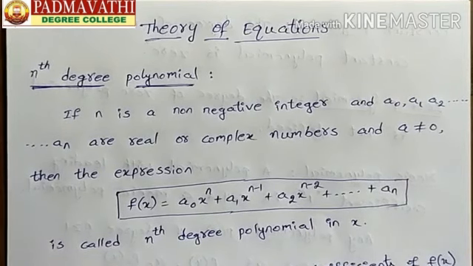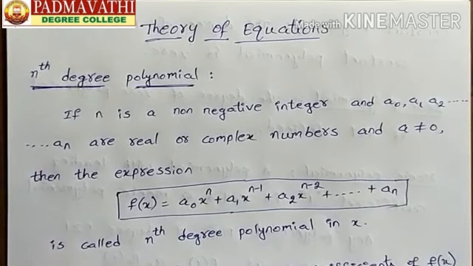Generally, we can classify polynomials in two different ways. One is based on the terms and another one is based on the degree. Based on the terms, if only one term is there, then we call that polynomial a monomial. Two terms means binomial. Three terms means trinomial. Four terms means quadrinomial and so on, like this. How many terms are there? Based on that we can give the name for that polynomial.